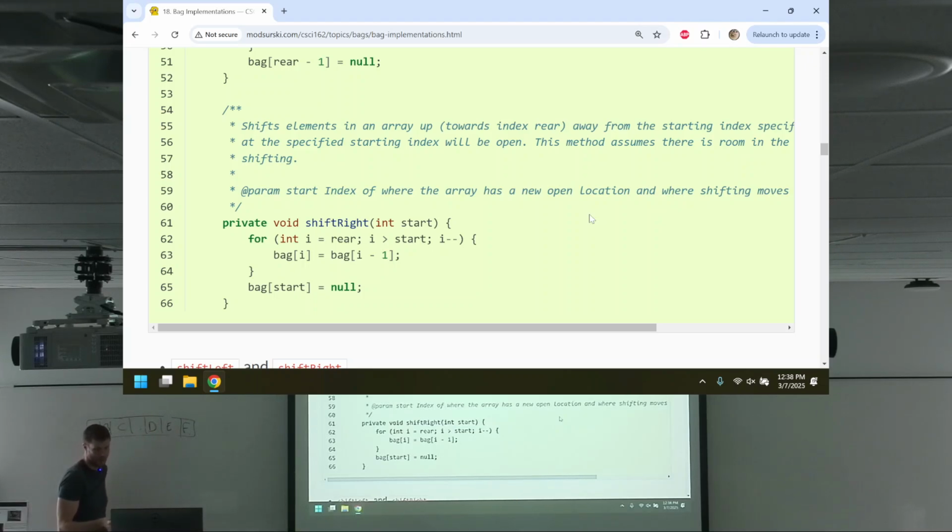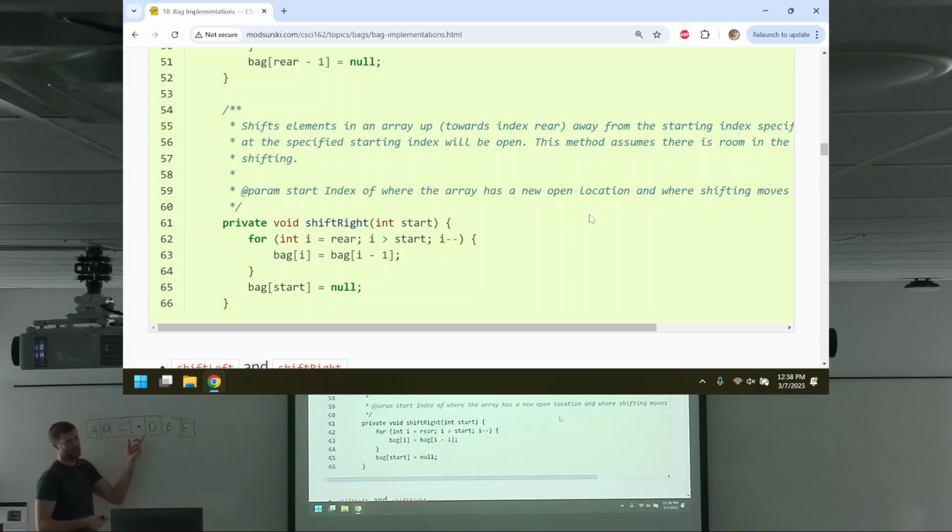Notice here that it's I is greater than start, not greater than or equal to. As soon as I became start, I wouldn't want to copy that over anymore. And then the thing at start becomes null, so basically overwrite whatever is in there. Presumably, if I am calling shift right, I'm going to be adding something to the index I'm making room in.